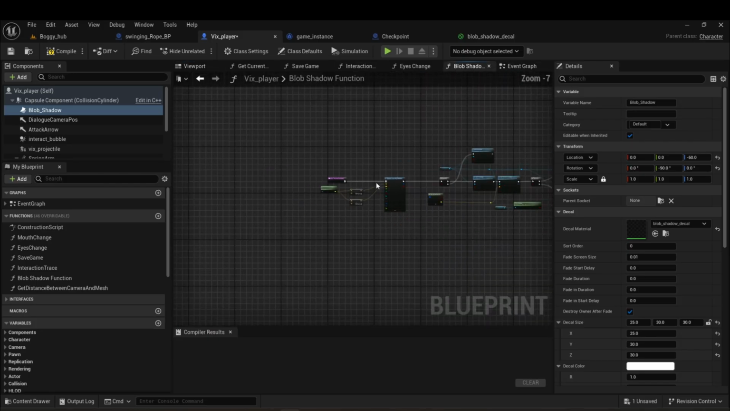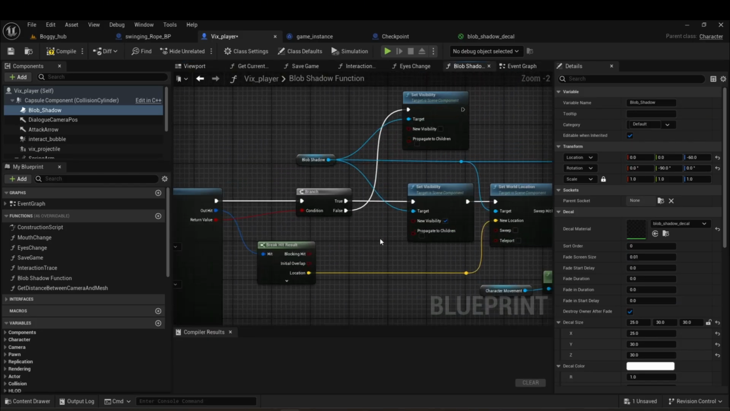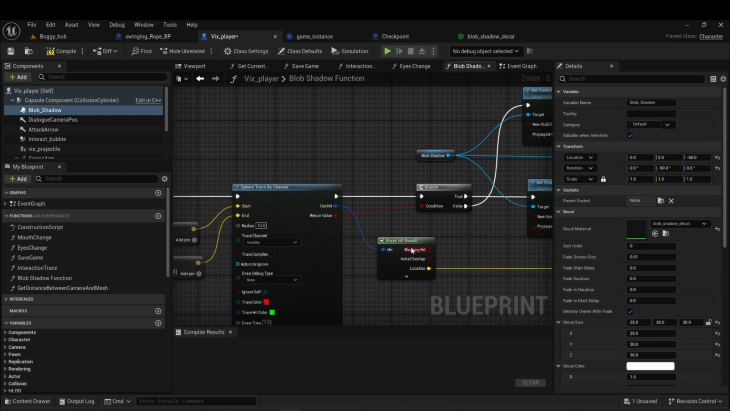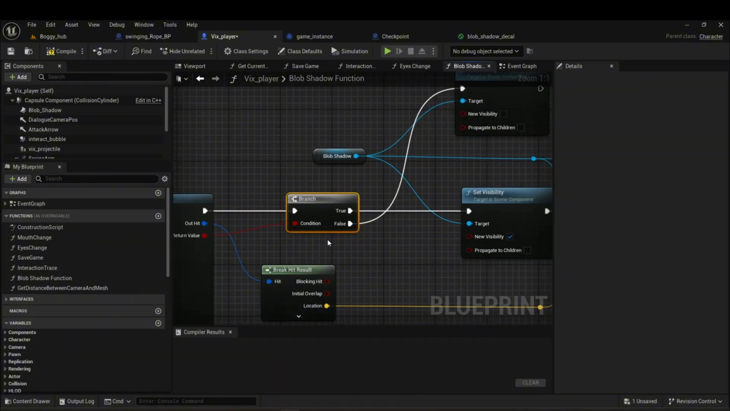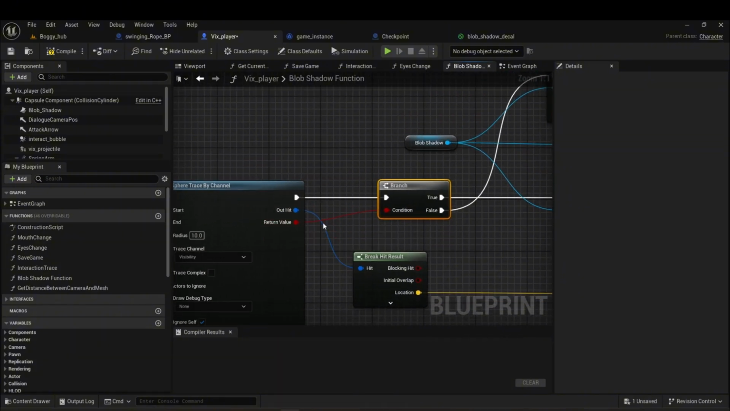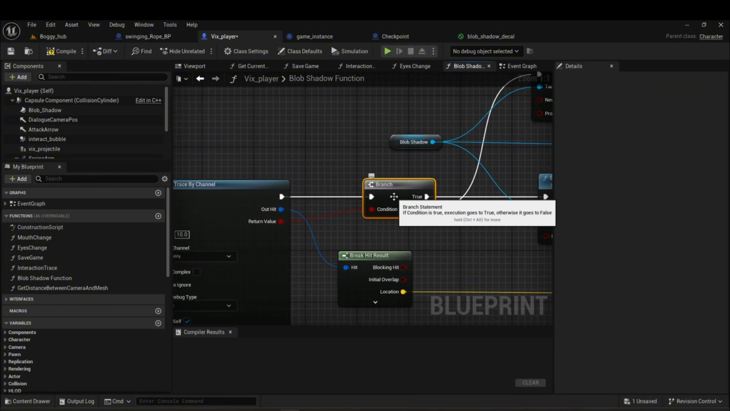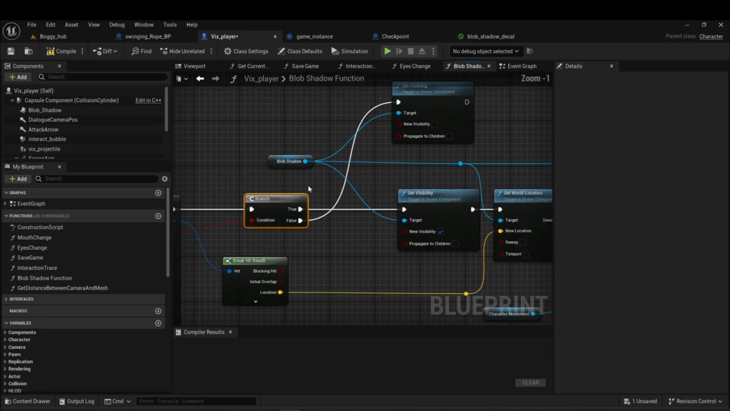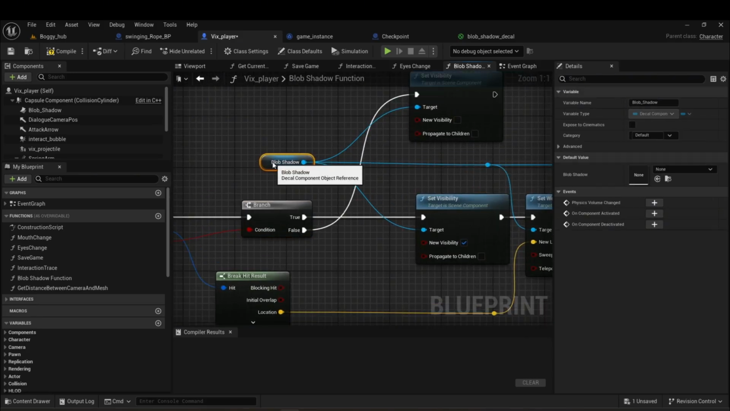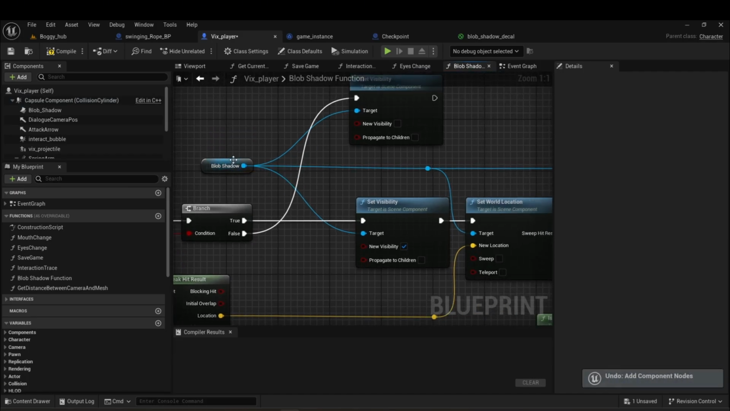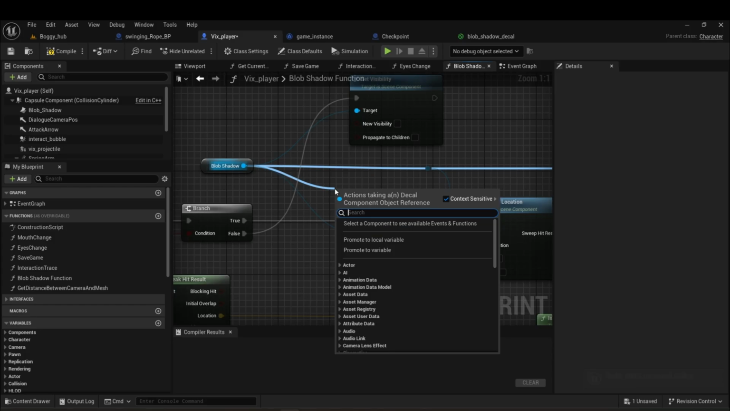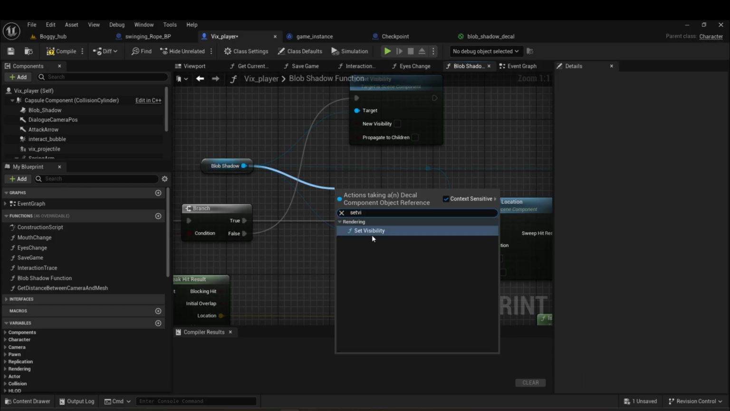I don't want a black square, so I rotate it. You go back to your code and you pull out the branch. You put the return value into the branch. This is basically like if it hits something, then it's true. If it's true, you get the blob shadow from here, like that, and you pull set visibility,